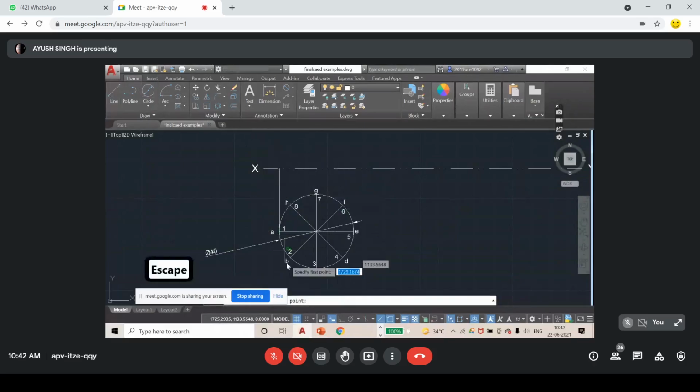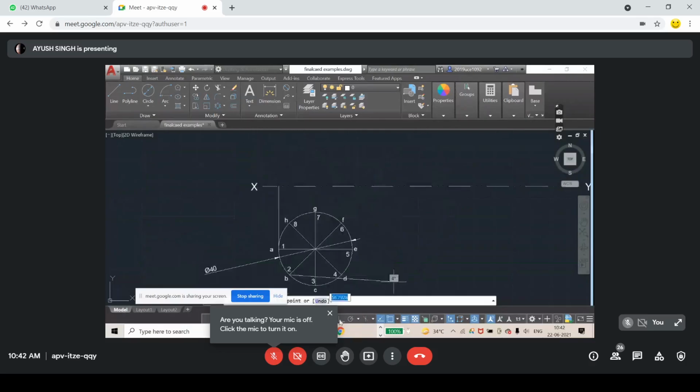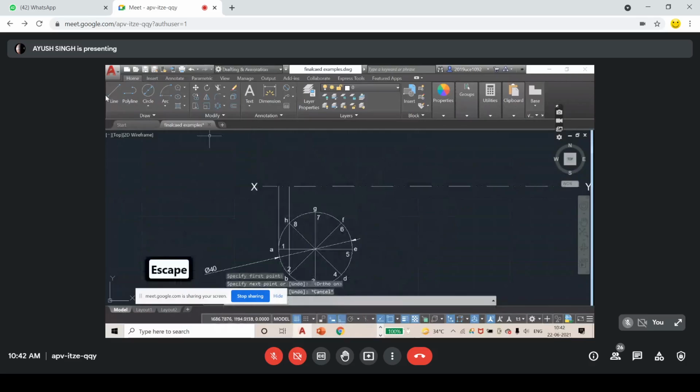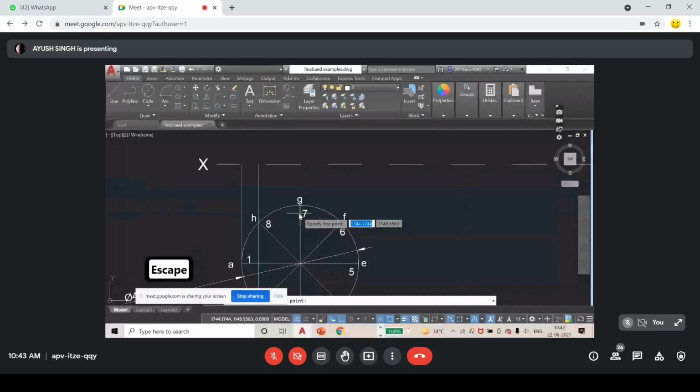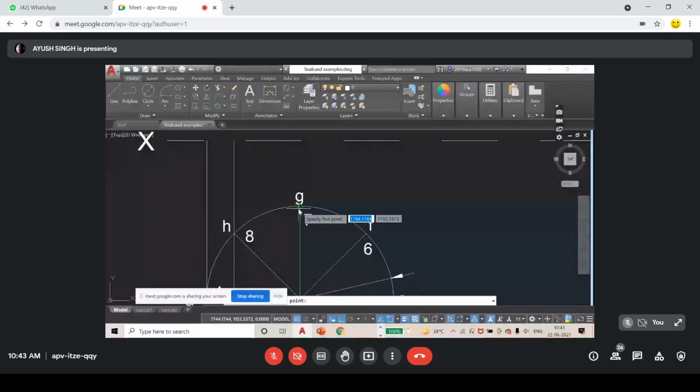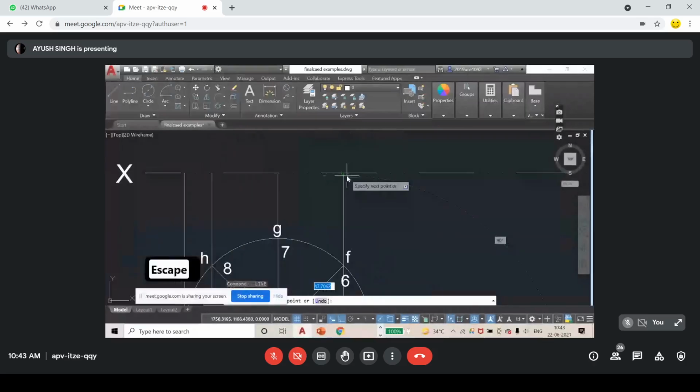So I am going to take the projections. Just zoom in to check if you are on the correct point and turn on ortho to ensure that you are perpendicular. I am choosing line. I can also press line tool. I can also press L on the keyboard to quickly get the line, or I can also press space bar to repeat my previous command, that is line. Okay, here, done.